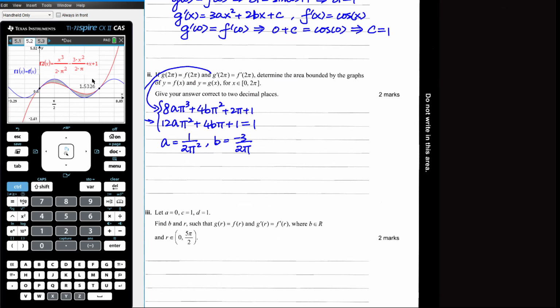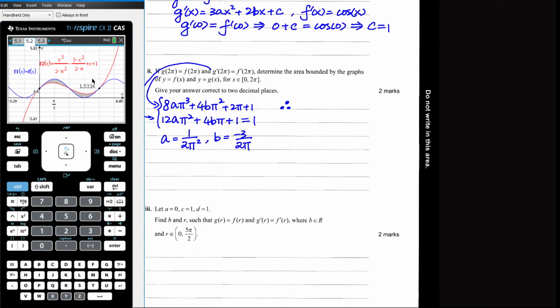So therefore, g of x for this question is x to the power 3 divided by 2 pi to the power 2 minus 3x squared divided by 2 pi plus x plus 1. And area equals to,